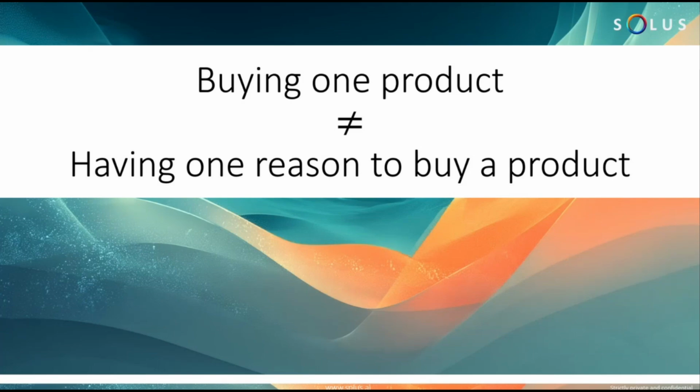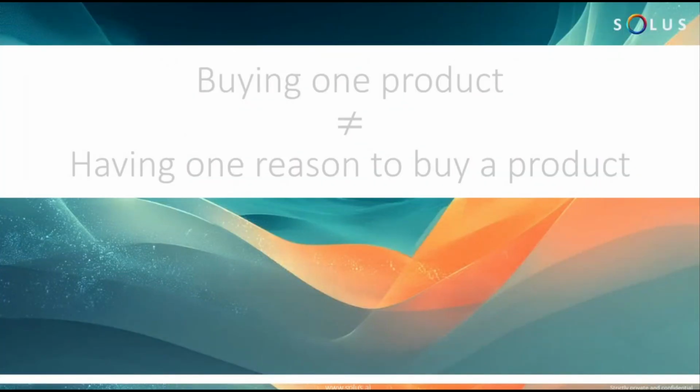And if you're going to approach consumption in very different ways, the way a brand engages with you in terms of what it recommends also needs to approach you in very different ways, because who knows what works, and then you have to track that. So that's the whole idea of buying one product not being the same as having one reason to buy a product. You could have a variety of reasons, and each of those needs to be addressed differently. The way that plays out is something we'll talk about in a bit.